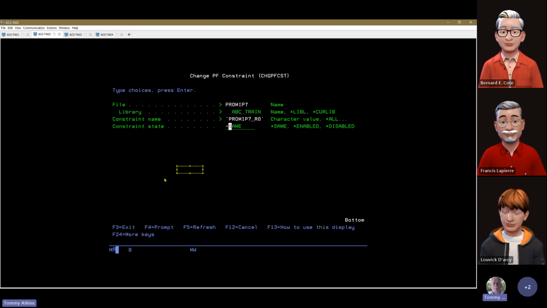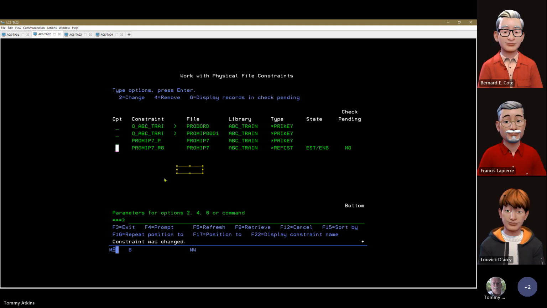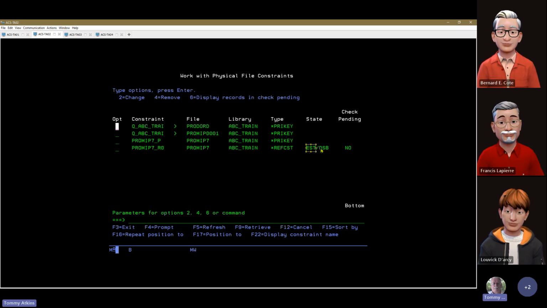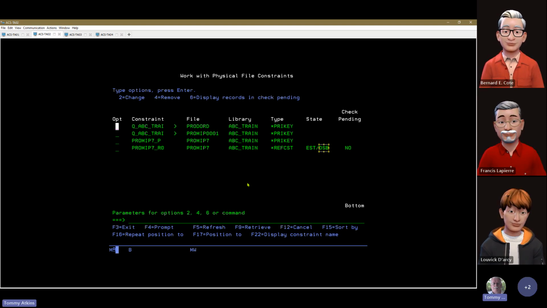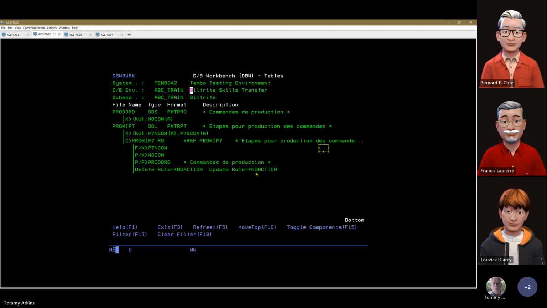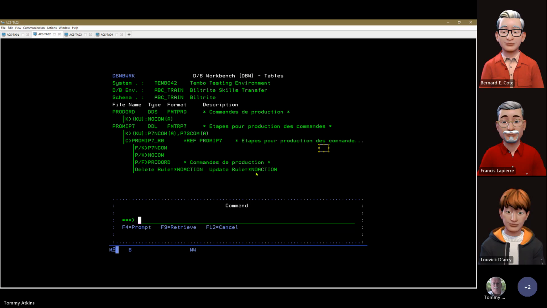And I'm going to disable it. You will see the state is established but disabled. So the constraint has now been disabled. So I can now go back to where I was and do an update prod ord again